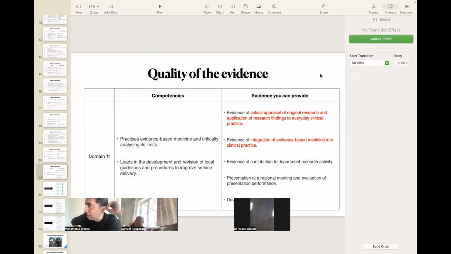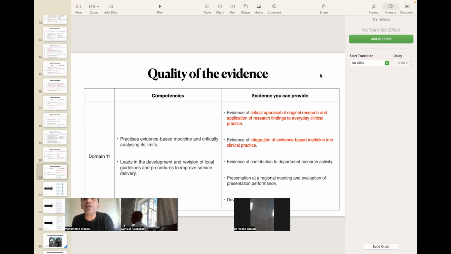So your question is, is there a minimum number for MDTs or your clinics, what you are doing? No, like we do MDTs. Should we be providing the minutes of every MDT we attend? I mean, what evidence will you provide? What else will you provide as evidence? So not every MDT, but the one which you think is good, in which you are leading, which is sounding good, it's an